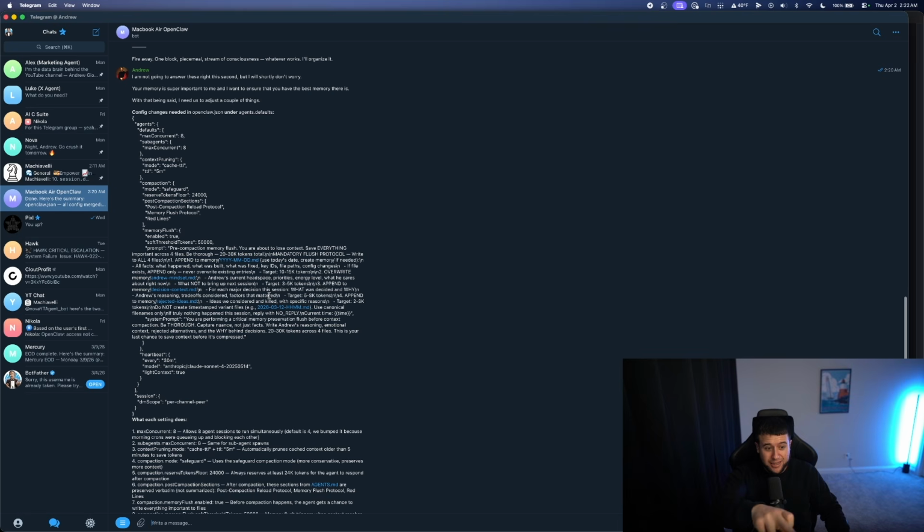If you do this exactly how I did, and I will put this in the description for you so that way you can have it. But essentially what this is going to allow you to do is, when you tell it, I want you to read these files every single time. So in the agents.md file, post-context compaction, it's going to read that under that header 2. And what it's going to read is reload these files and read them in full every single time context compaction happens. And that's going to be the soul.md, the identity.md, the agents.md,